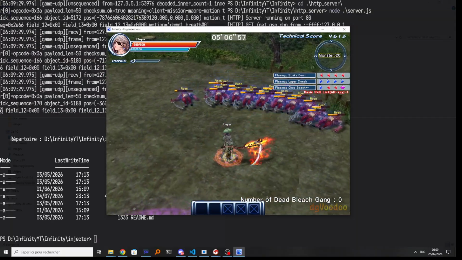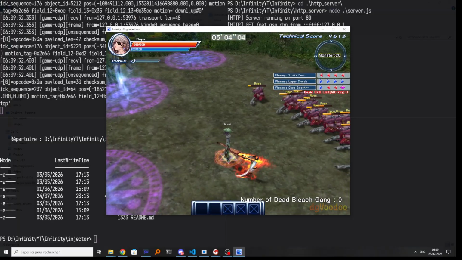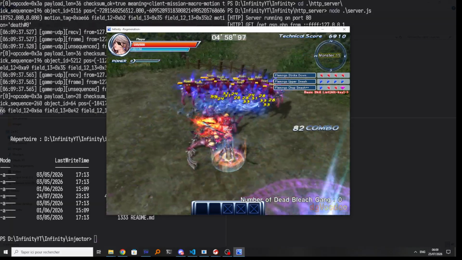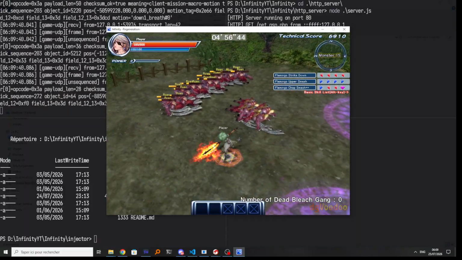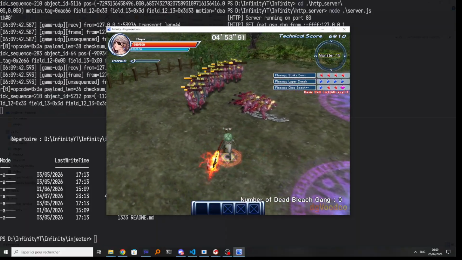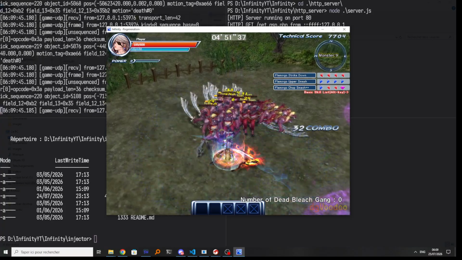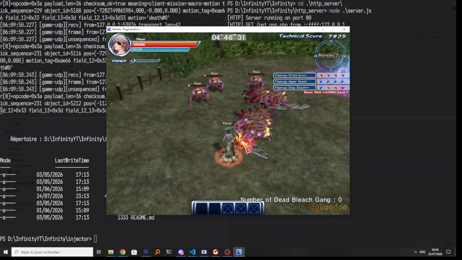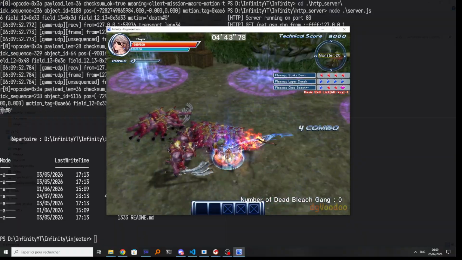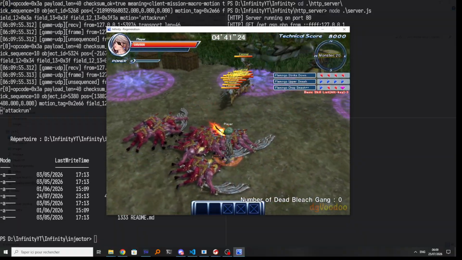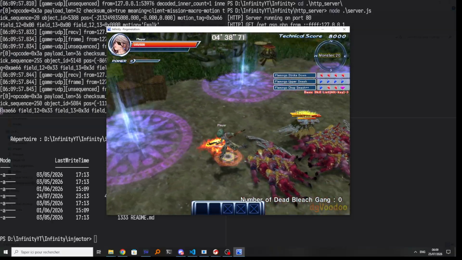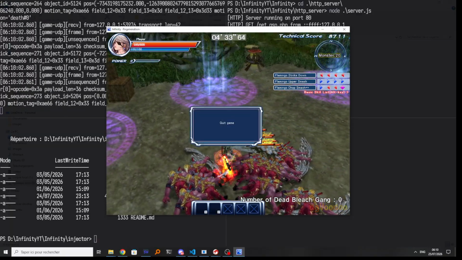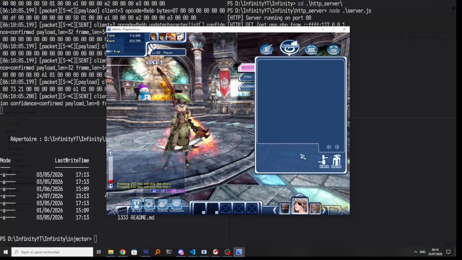Yeah, the counter on the bottom right, I need to figure it out. I need to reverse the game a bit more to get the packet that activates this. And here you see it's killed 200, so what I did is 10 waves of 20. So when I kill one wave, another wave of 20 spawns. But yeah, I mean, it's kind of a game, I'm not gonna go into it all. And then we have